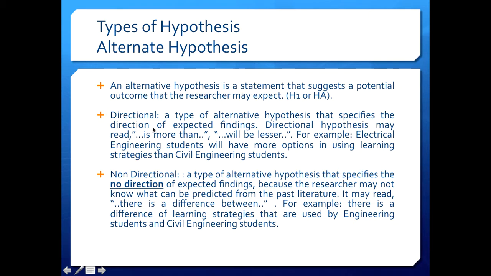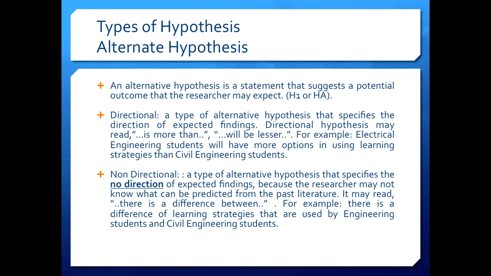A directional alternate hypothesis usually has words like more than or less than, so you use comparative degree. For example, electrical engineering students will have more options in using learning strategies than civil engineering students. So it is clearly comparing something. That is why this is said to be very specific. As for the non-directional,